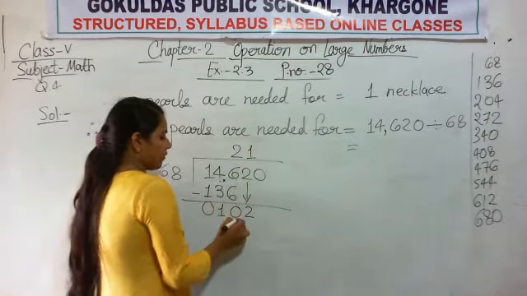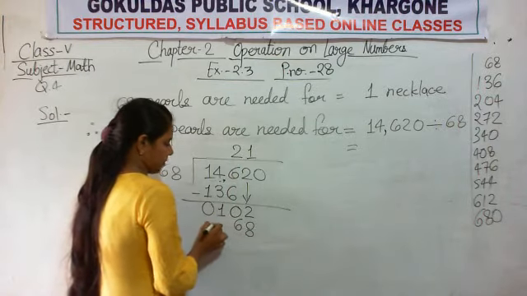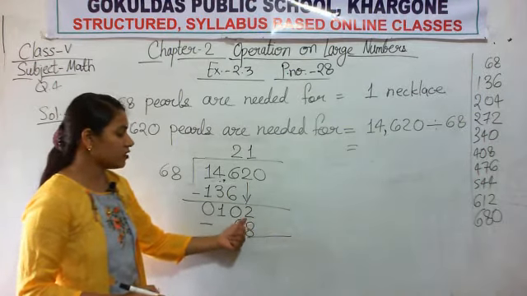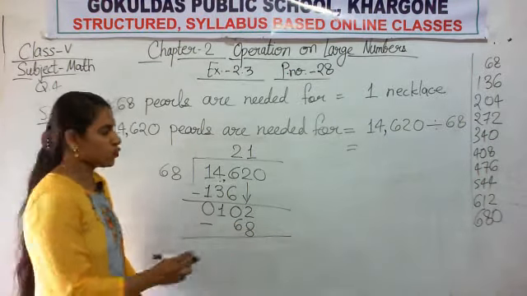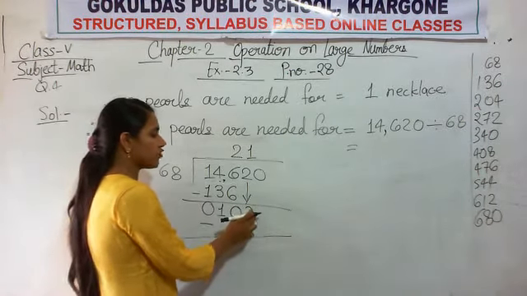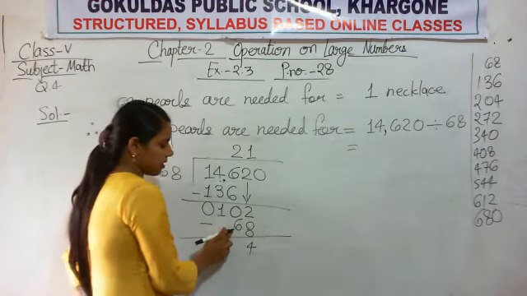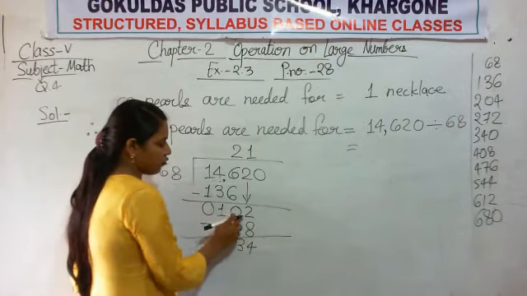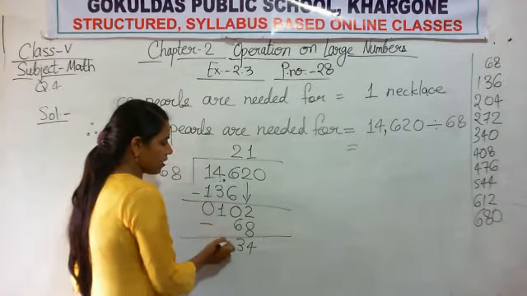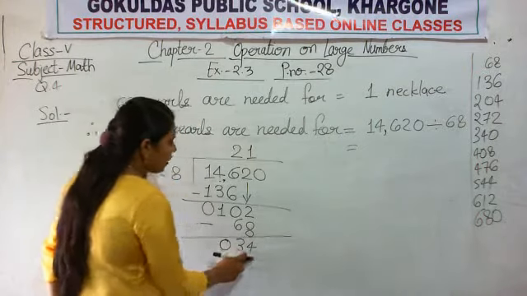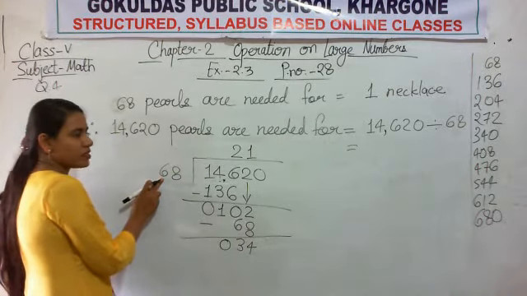So one time you will divide by 68. Put the minus symbol. 2 minus 8 you cannot subtract, so you will take borrow. It becomes 12. 12 minus 8 is 4. Here 9 is left. 9 minus 6 is 3. 1 has given borrow to the 0, so here 0 remains. Now 34. 34 is smaller than the divisor.